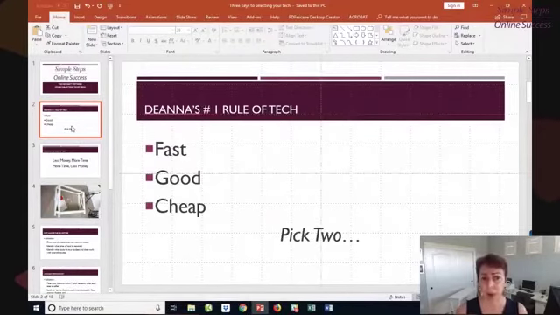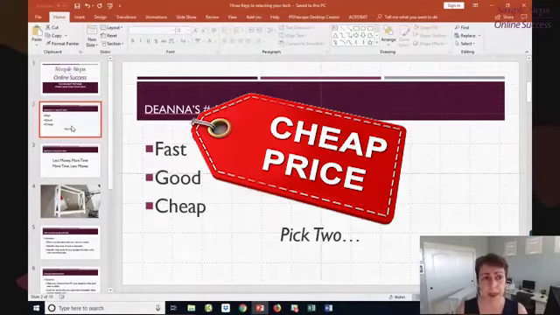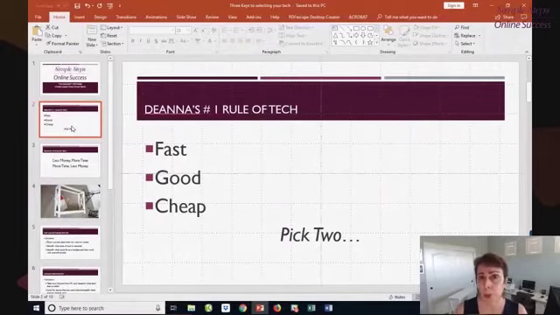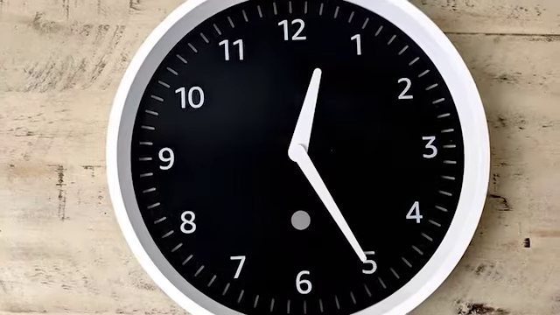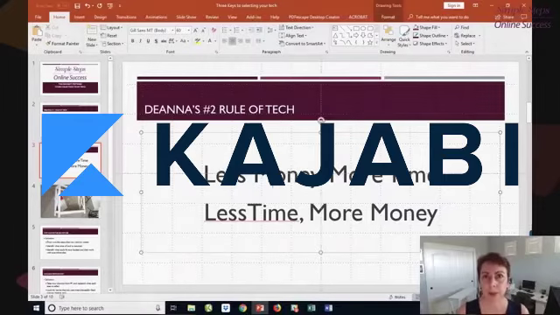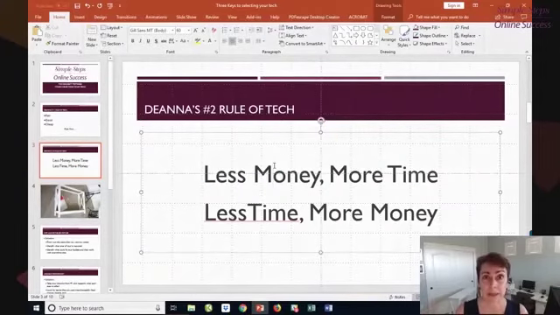Most importantly, people are always going for the cheap. But here's the struggle. With cheap, you have what I would call more intangible costs associated with it. And that typically means you're spending a lot more time. People look at a tool like Kajabi and they say, that's a lot of money.